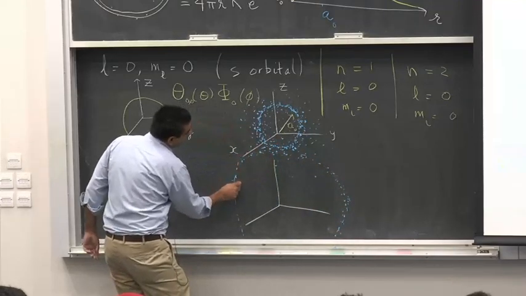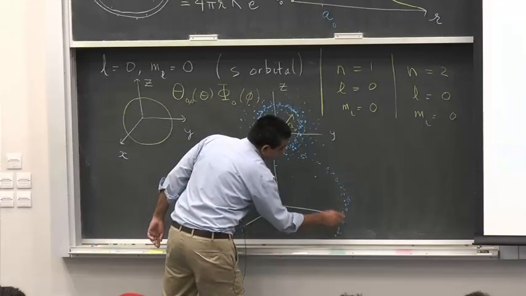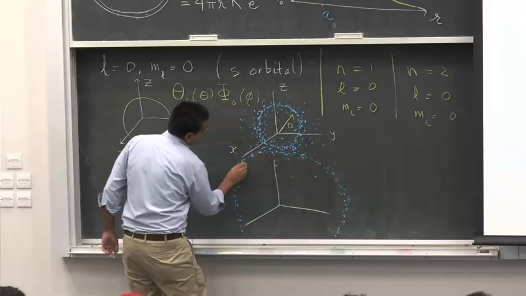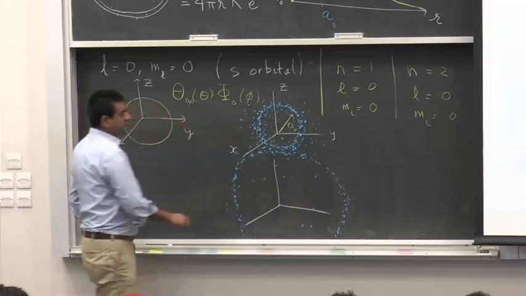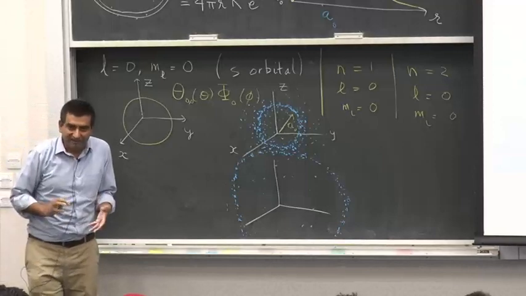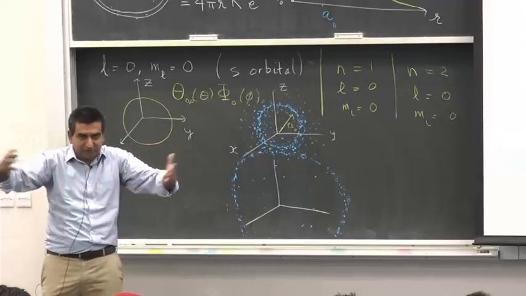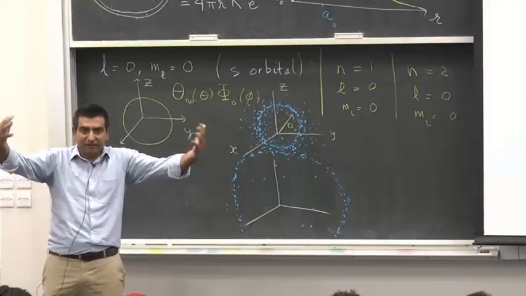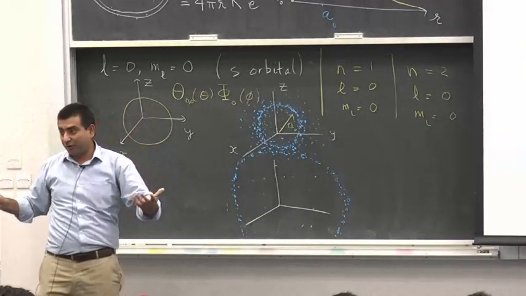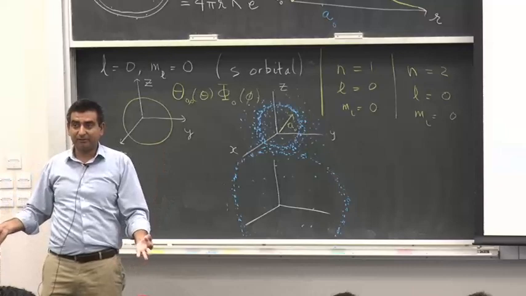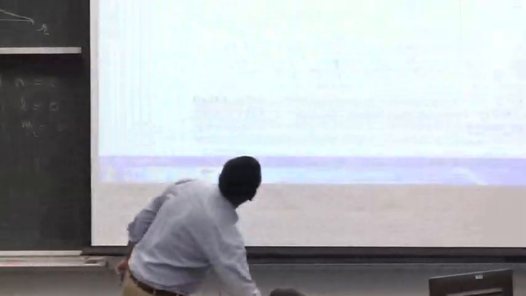So this is the diagram of the 2s orbital. And so on. The probability density is going to dilate, to bulge out. The electron is further away from the nucleus, but there is perfect angular symmetry because we still have an s orbital. Now things get more interesting if you actually move to